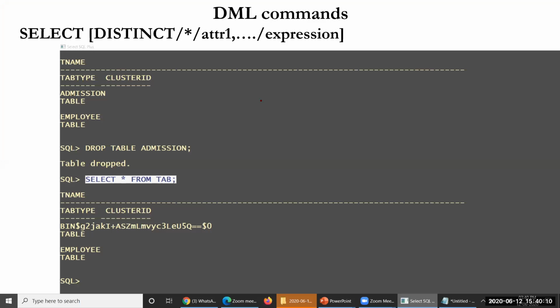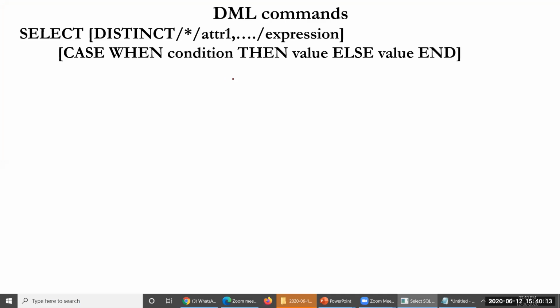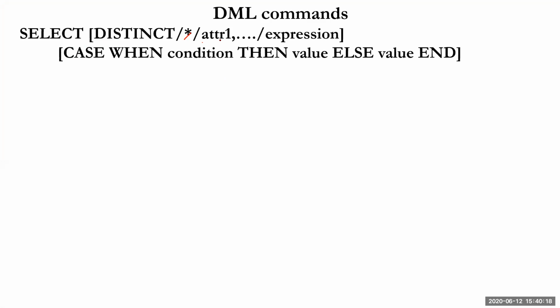Look at all the other options which are available. Select, distinct, or star, or any number of attributes you may require. Say there are totally 5 attributes, and you may be expected to display only 2. So instead of distinct or star, you have to select each and every attribute name. Or otherwise, if you want to perform some kind of expression, yes, you can do that. We will discuss each and everything in coming classes. And some conditions can be operated, and instead of some value, any other value can be displayed. Yes, you can perform that.